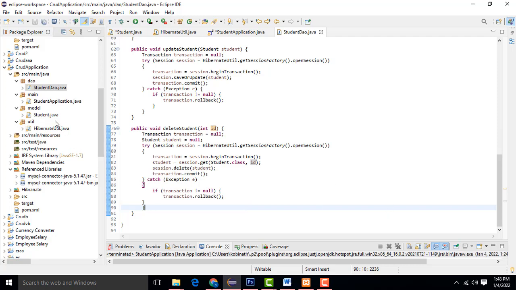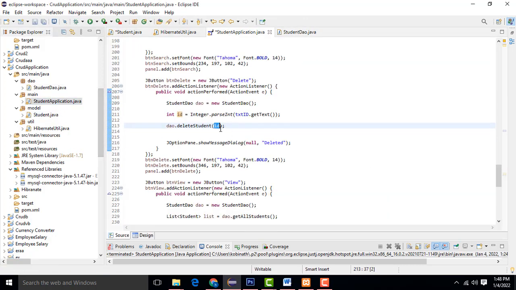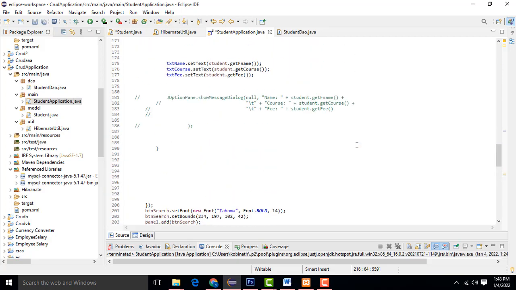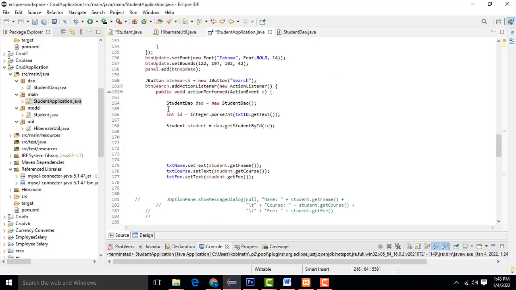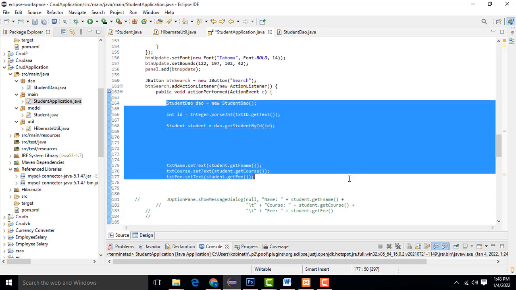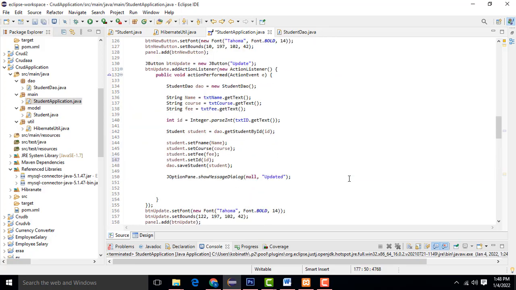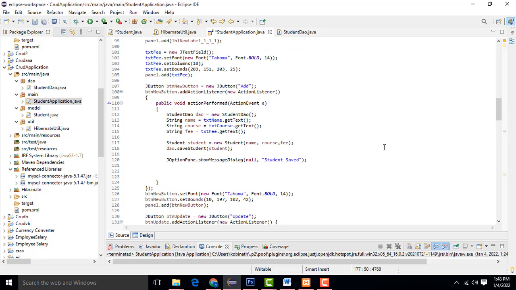Very simple, the delete code will work. This is delete, this is the edit part, and this is update, not the search criteria. After that, this is our save. So this is how the programming works.